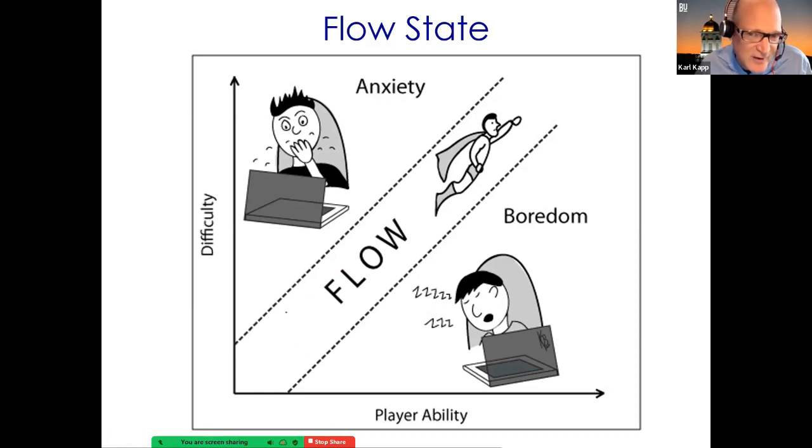Now, here we've got our superhero person flying in a straight line, but flow typically doesn't work like that. Flow kind of goes like this. You start to learn something that might seem really difficult, and you're starting to get it, and all of a sudden you're like, okay, now I'm bored, I got this. And so as an instructor, you've got to introduce content to make it hard again. Oh no, it's getting so hard, I might get some anxiety. Oh, now I got it. Okay, now it's becoming easier. Oh, it's too easy. Okay, now, so look at that.